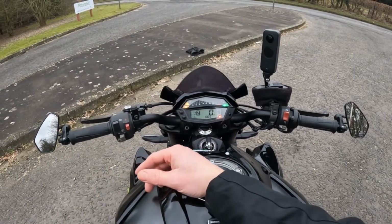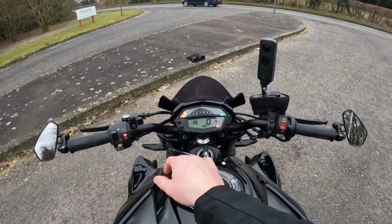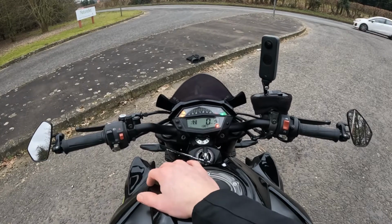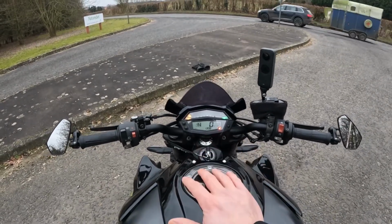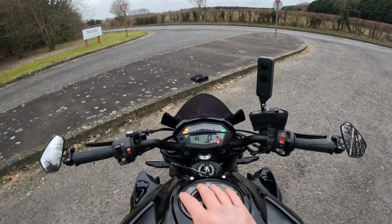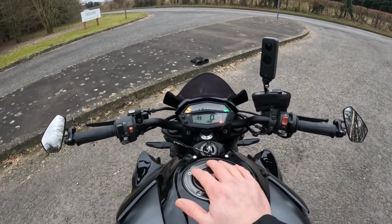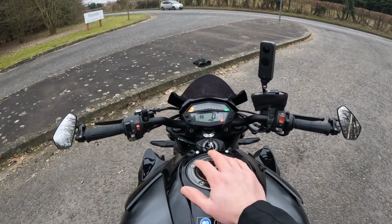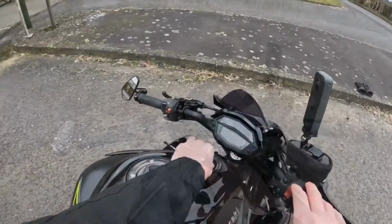This bike is completely and utterly standard. It hasn't even got traction control, so I have to be quite careful on this bike, especially in the wet. If you like a bike with lots of electronics, then this is definitely not the bike for you. This bike is all about the rider. What you put into the bike is what you get out of it. There is nothing here to save you with regards to electronics. So if you like a bike with lots of stuff on it to save you if you do something wrong, I wouldn't go for the Z. So I'll give you a little bit of a